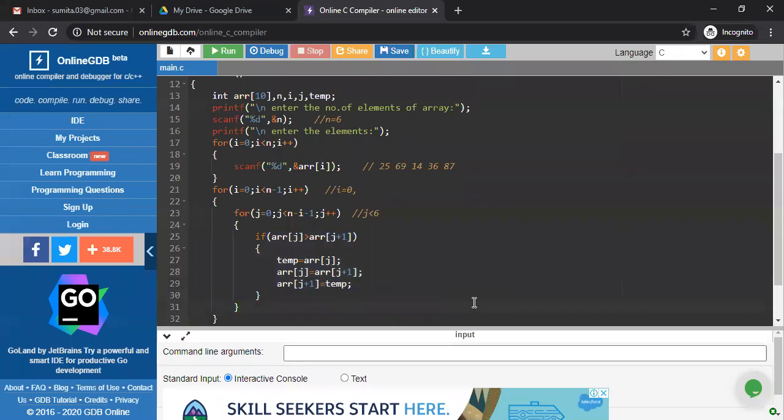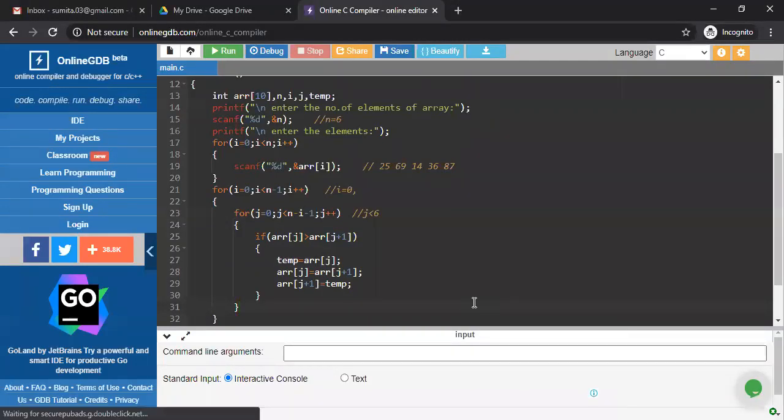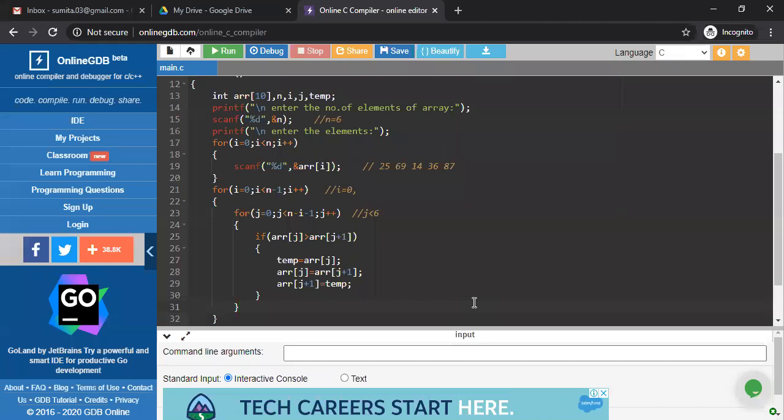So we require 5 passes. Very fine. After that, think about the inner loop, which is used for comparing all the elements with each other. So in the first pass, we require 5 comparisons.